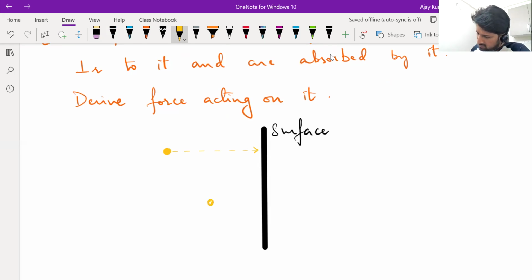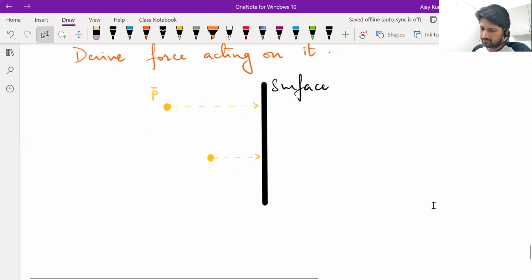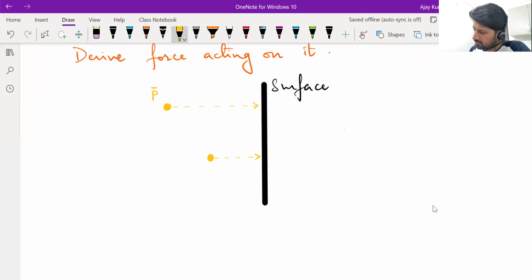Let's say each photon carries a momentum p. Then all the momentum p will be delivered to the surface. The photon loses its momentum, the surface gains that momentum. That's all. Now, one photon carries a momentum of h nu divided by c. Energy is h nu, momentum is h nu divided by c. c need not be given in the question, h need not be given in the question. These are universal constants. Frequency was given. So this is the momentum of each photon.